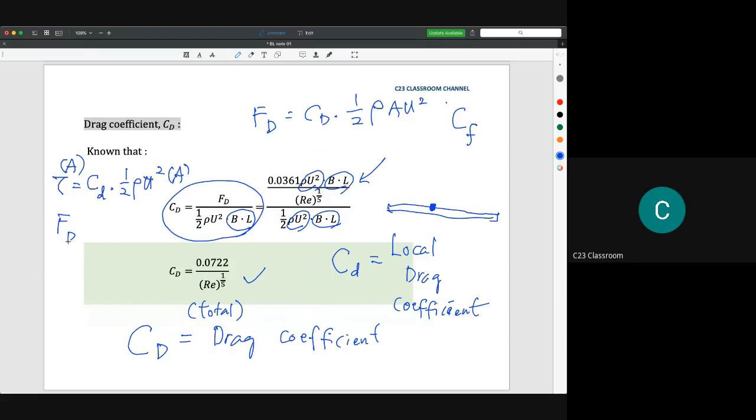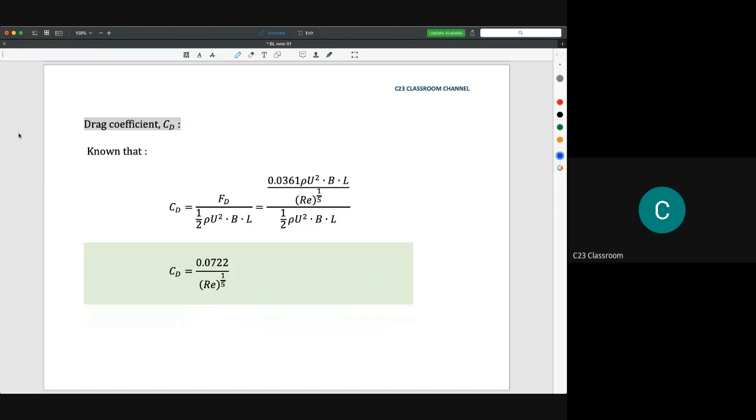The C small d here will change into C capital D to reflect the total drag force. Okay, so this is the idea, by the power form, to calculate everything: the boundary layer thickness, the drag force, the coefficient of drag force